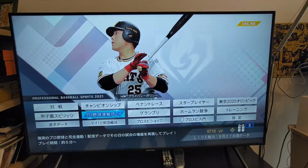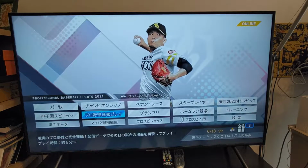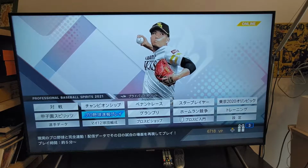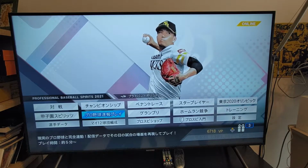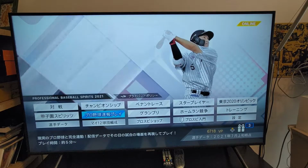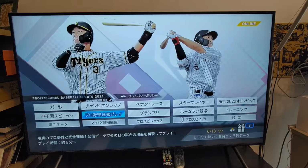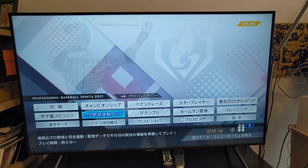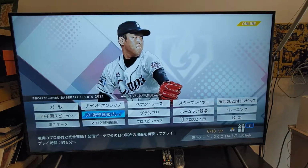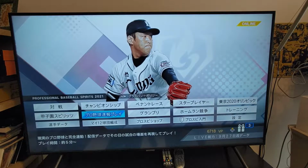I don't exactly know what it is. It's almost like playing the real life games where they have situations for you to get into, and then you're trying to achieve exactly the same as a real life situation, which is fun. You can gain experience points and those VP points you can see from the bottom, which act as a currency in the game, or you can gain items in the game and stuff like this to improve your players and